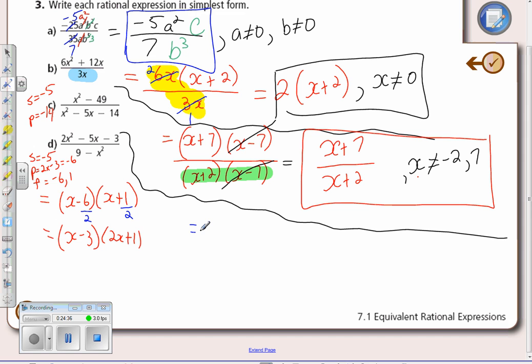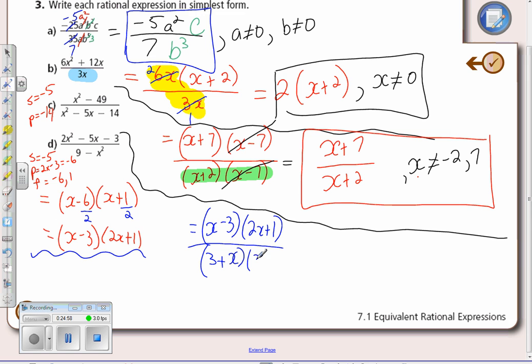The numerator is going to be x minus 3 times 2x plus 1 over the denominator 9 minus x squared, difference of squares. That one's going to factor into 3 plus x,